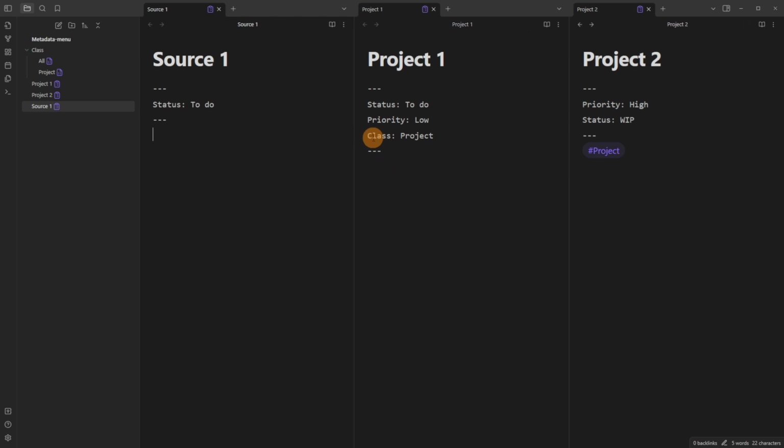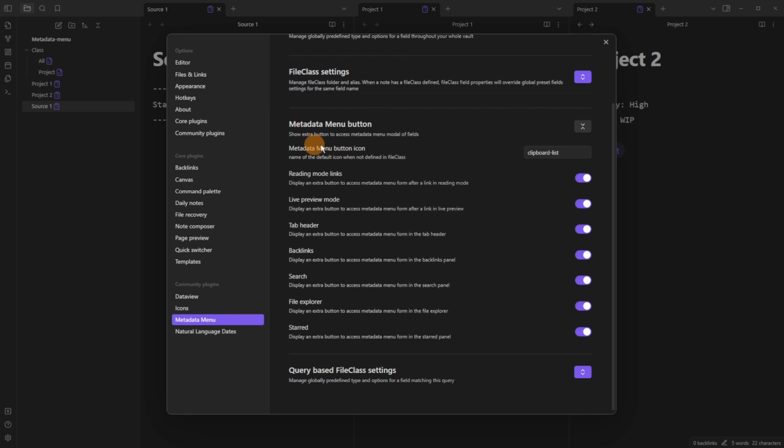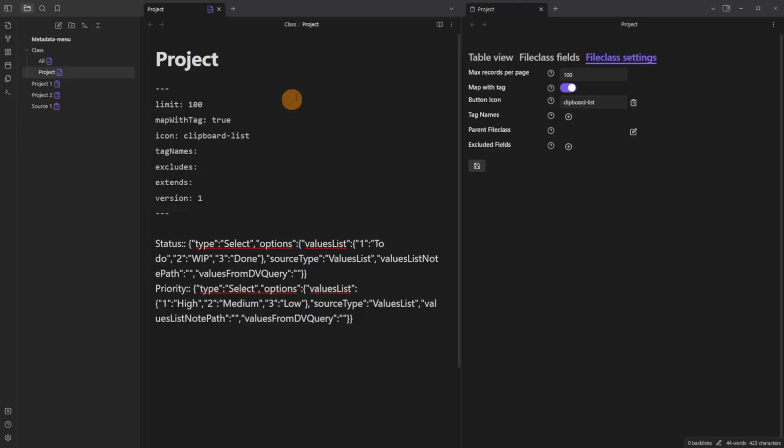The class is identified by either class inside of the front matter or a tag that's mapped inside of the class settings, or you can have a global class that's added inside of the metadata menu settings option. If you remember, we have that metadata menu button, and that's currently the clipboard list. If I open up the project file, click on the icon, you can see inside of the FileClass Settings there